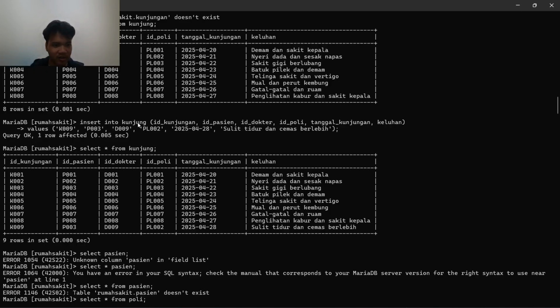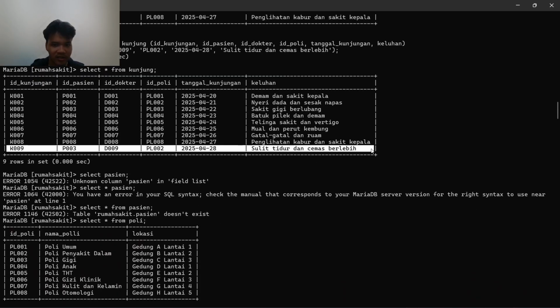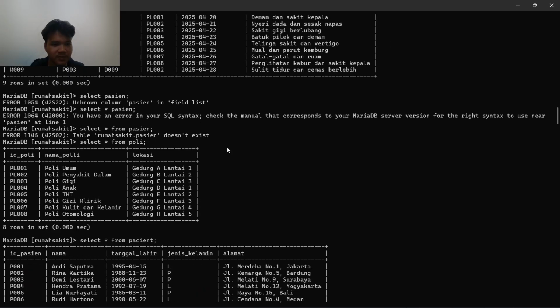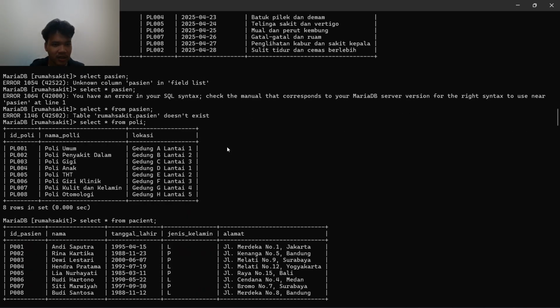Same as before, insert into the table with the columns and input the values in the same order as the columns. And as you can see, it has been successfully inserted.